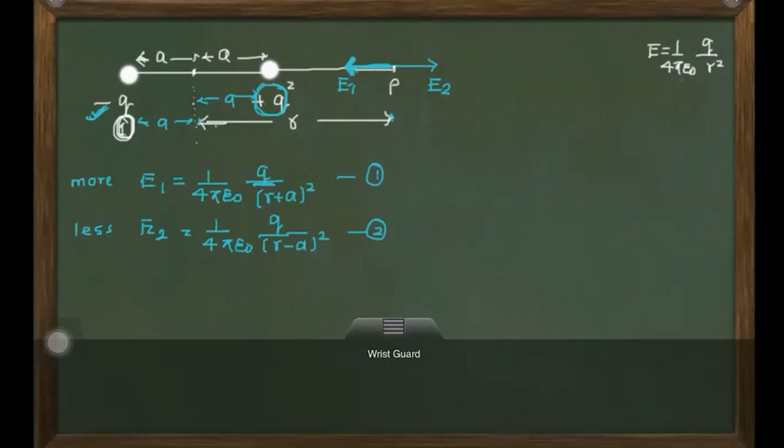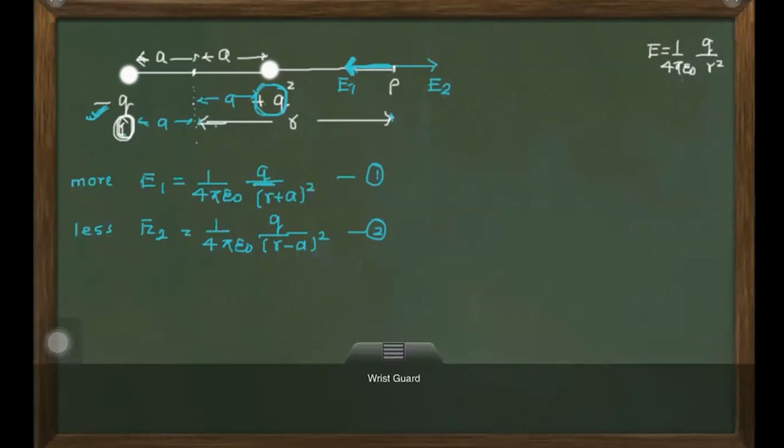So what will be the resultant value if two vectors are acting in opposite directions? It will be the subtraction of those two. So we can deduce that at point P, the resultant value of E will be E2 minus